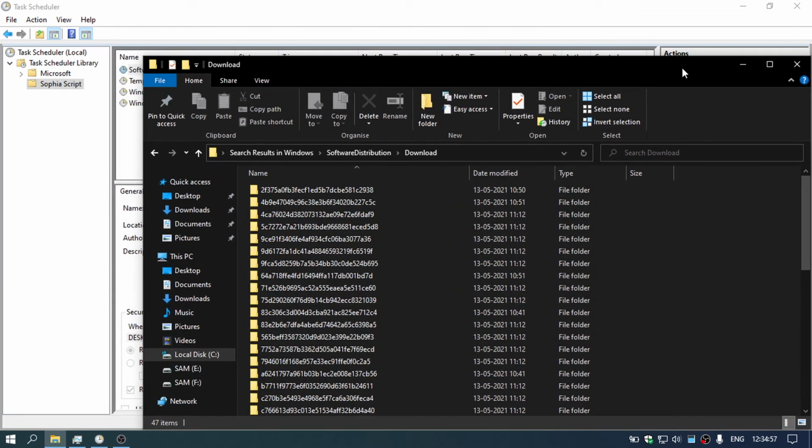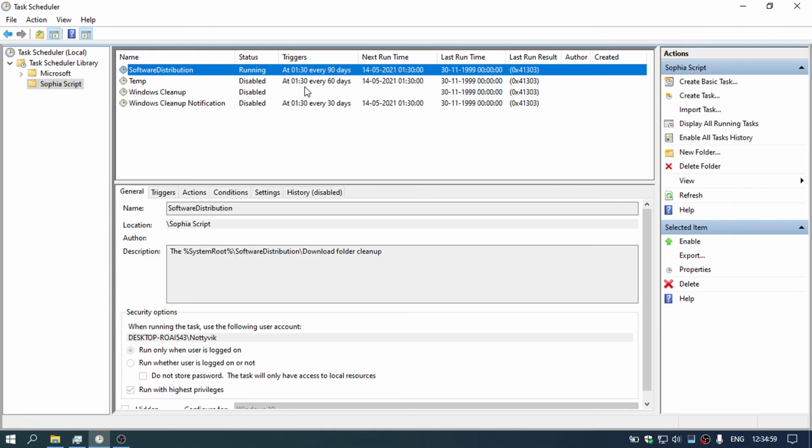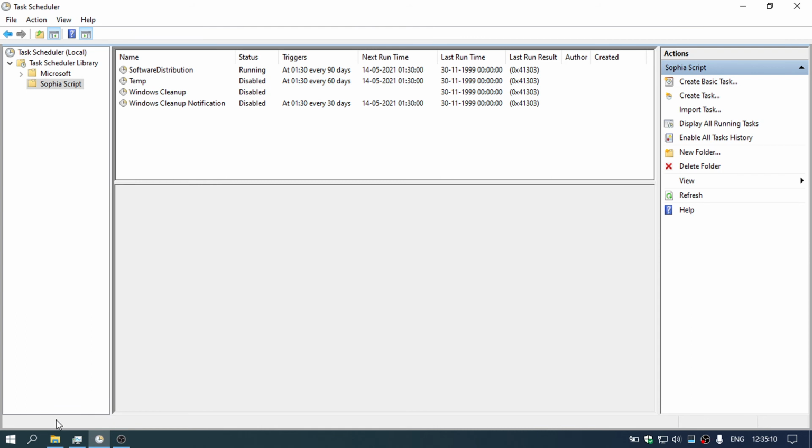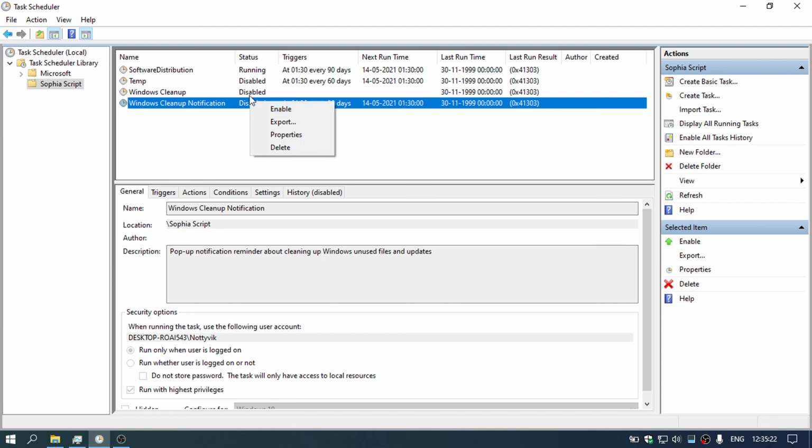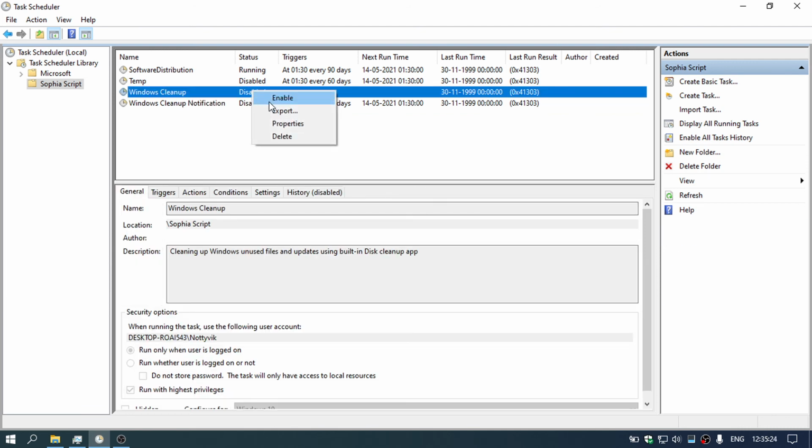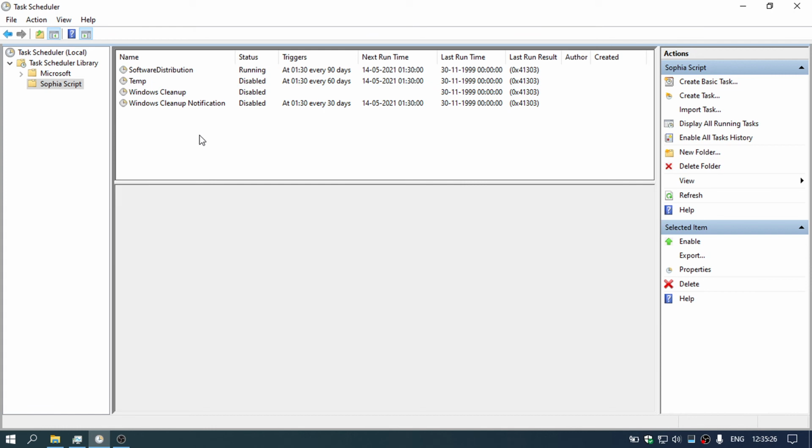So I would like to do these things by myself. I don't use any script to run this, but just to show you, I ran it once. So don't worry, let it run. So these are the four scheduled tasks which get created when you complete your Sophia Script. And if you want to keep them, you just keep them in the enabled state. And if you want to remove them, just like me, you can disable all of them. So that is it.